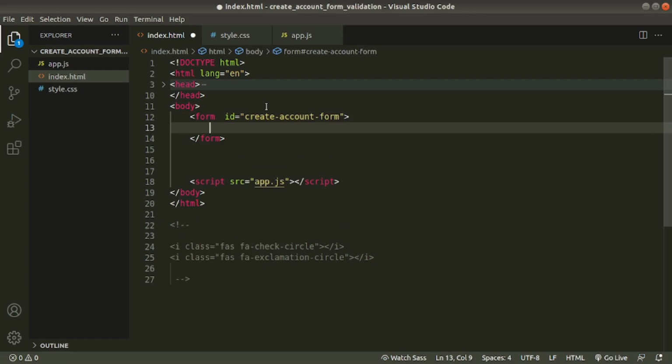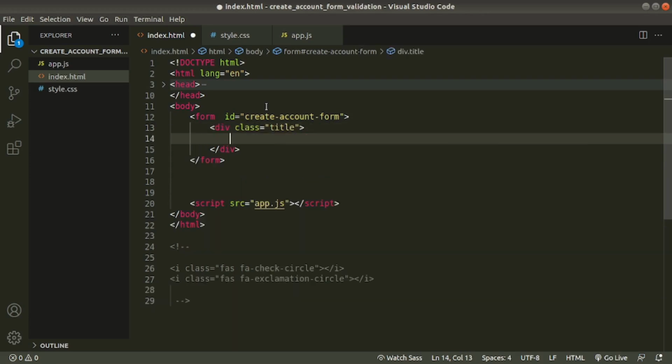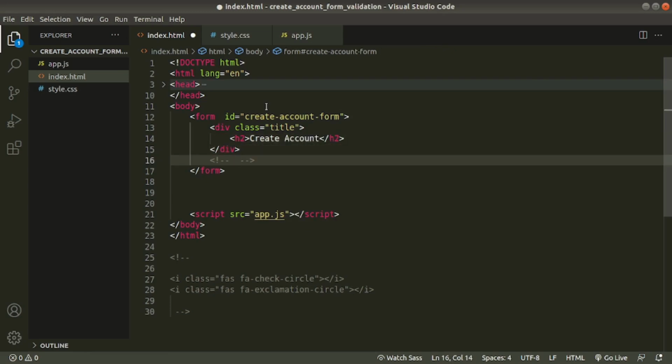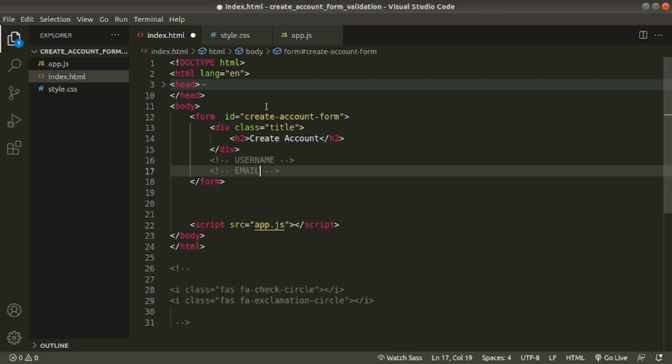Inside this form, we'll create a title container. I'm giving class name title. Inside this, we'll have an h2 tag. Later, first I'll create a few comments.